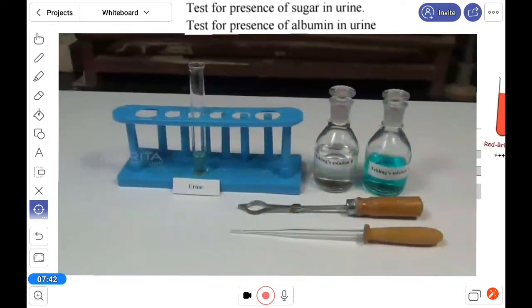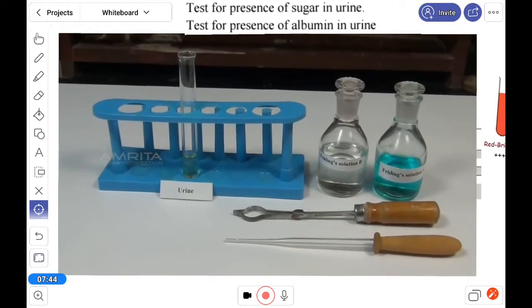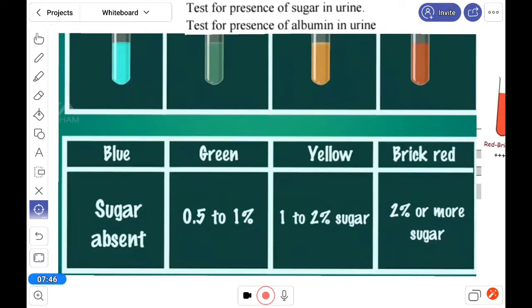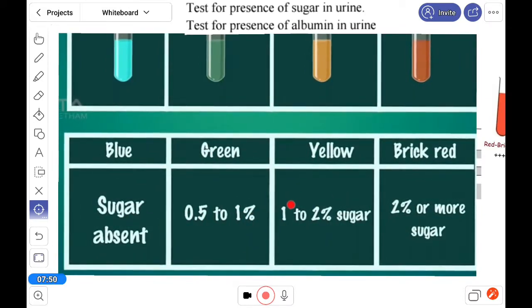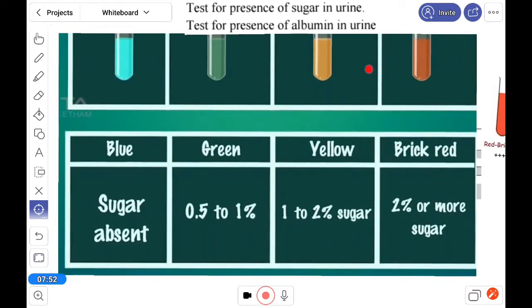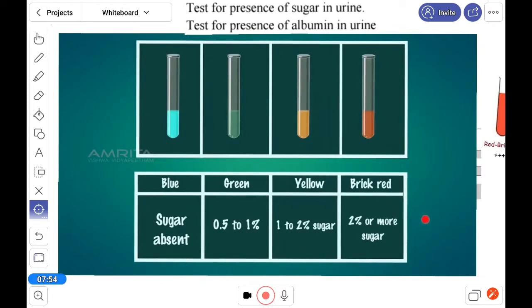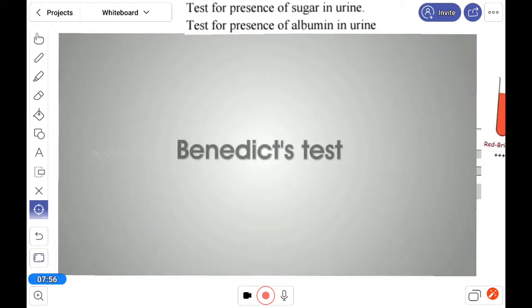You can see the urine sample and the Benedict solution. Here again, as I told you just now, when it comes to the brick red color, it indicates a huge percentage.